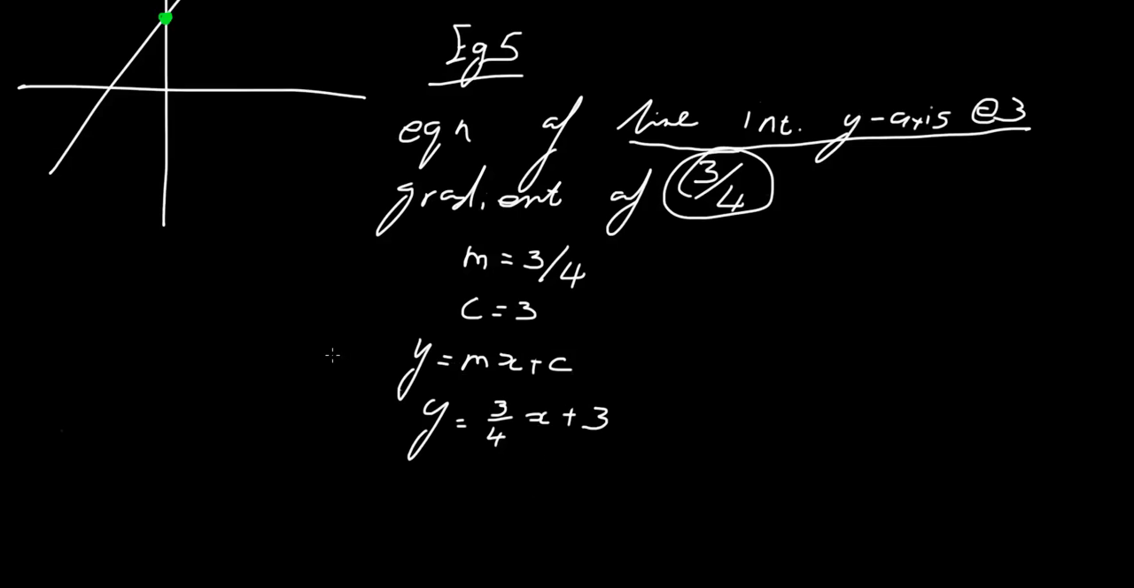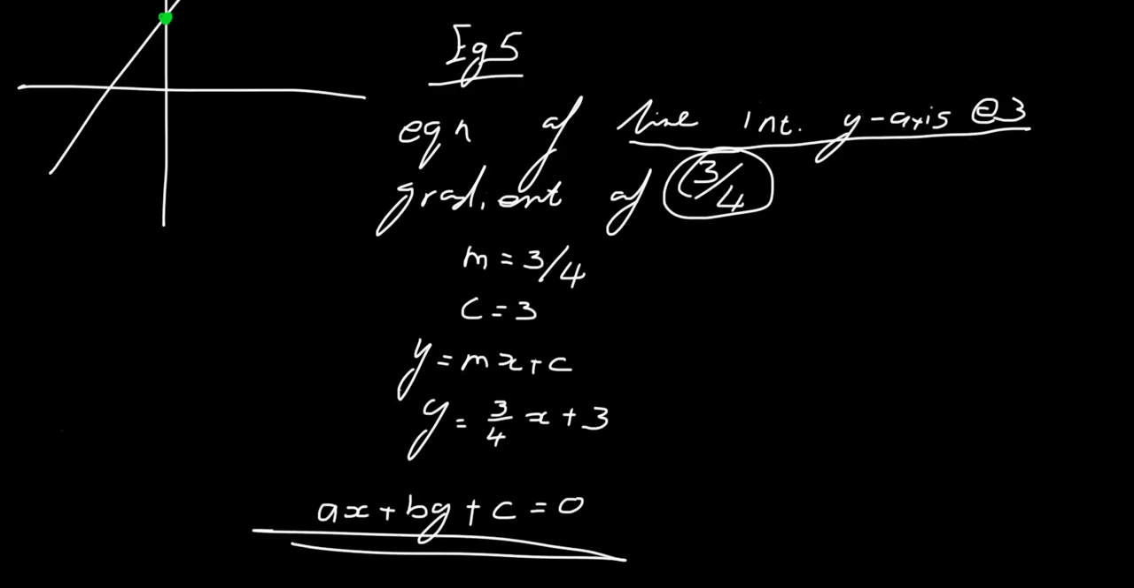Okay, they also talk about another general form. The general form ax plus by plus c equals 0. That's your other general form for the straight line graph. It's not very commonly used. I wouldn't worry about it, and in any case, what you do when you see an equation in this form,